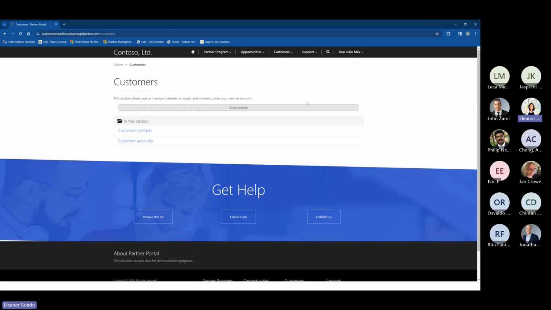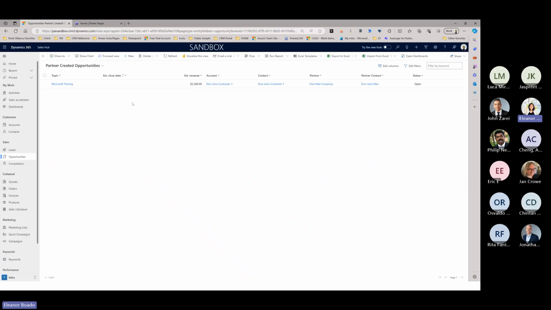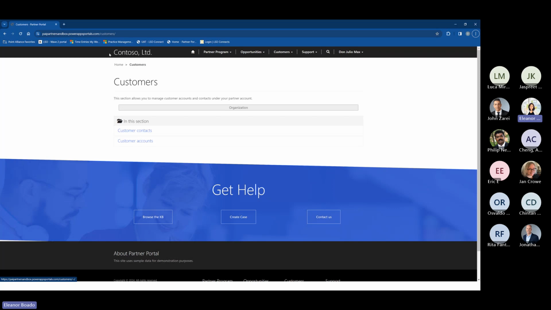And then just to give you an idea, so this is really from D365, and then from D365, I can see what my partner had created for this opportunity, right? So Don Hoyu has this opportunity, and then this is my D365 that I can see. These are all the partners that created opportunity from the partner portal. Okay. So in here, so again, all these pages, just to give you an idea, these pages are all configured using the